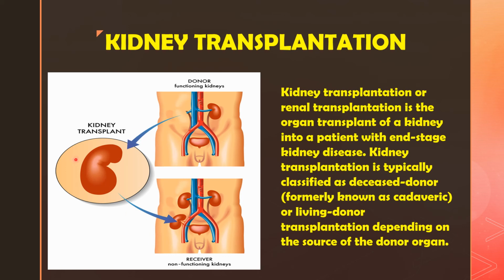So see, this is a kidney transplant. Actually, these are the donor's functioning kidneys. Two kidneys were there, but he or she is donating one kidney. This kidney has been transplanted to the receiver's body. Receiver's non-functioning kidneys: maybe one kidney is not functioning and that is this. So this kidney has been transplanted over there. One more thing, before the kidney transplantation, a blood test of the donor is necessary.